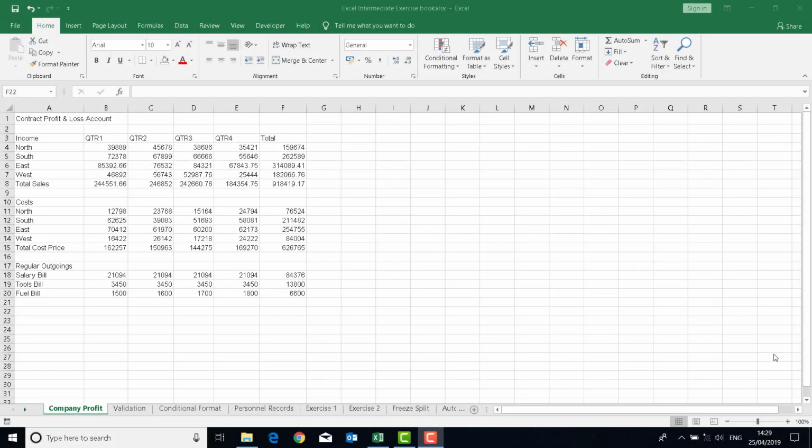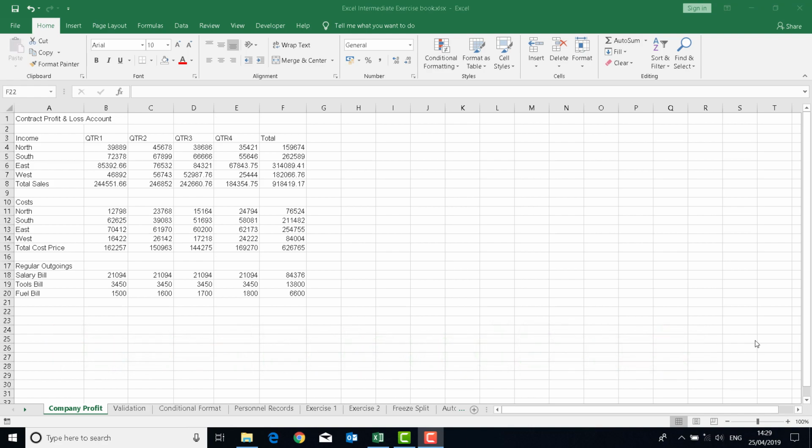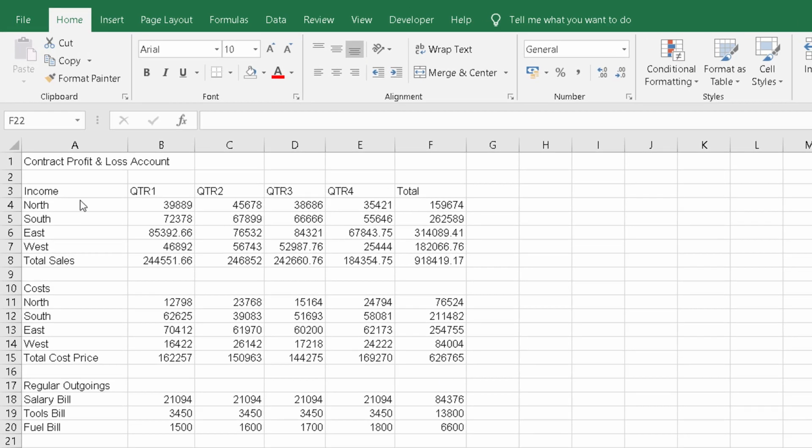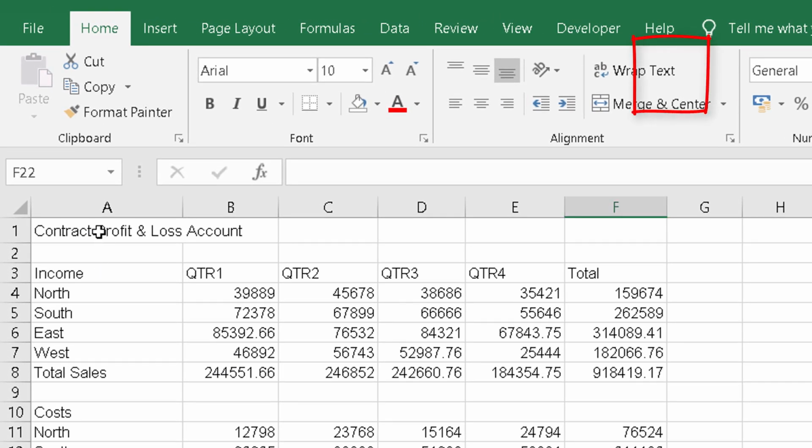This video is all about formatting a worksheet. So how do we format once we've typed in data? We're going to look at how we format not only the text and data, but also the sheet that you work on. If we take a look here, you'll see that we've got some data typed in, and I want to format the title at the very top of the sheet in cell A1. I can click on cell A1,